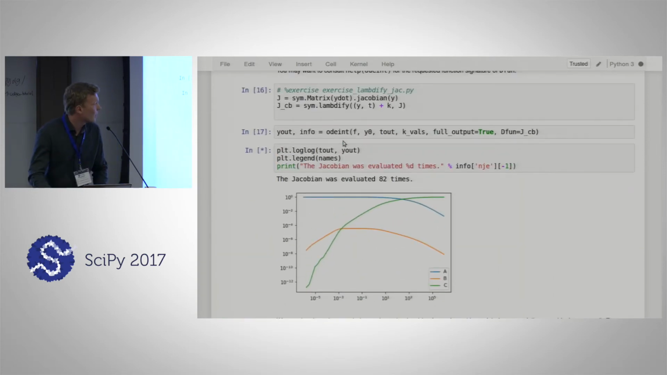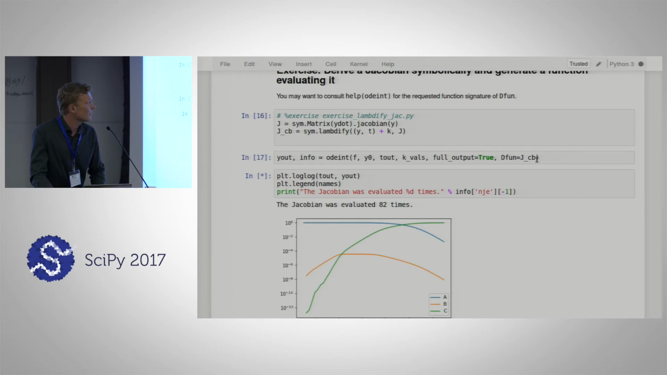And running the integration with this function given as defun, we see that it did not need to evaluate the Jacobian quite as many times as when it was not available. The difference here is quite small, but it's mainly because this is a very small problem. It's only three